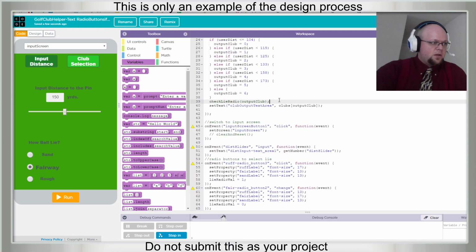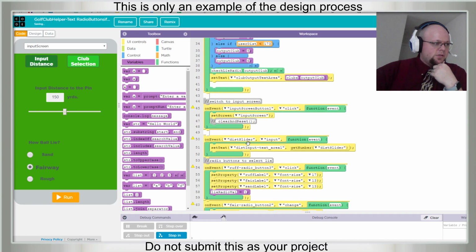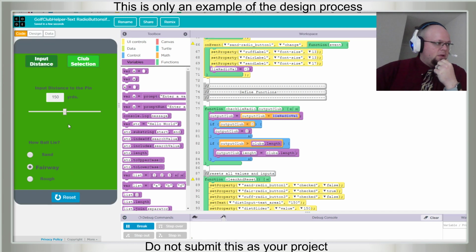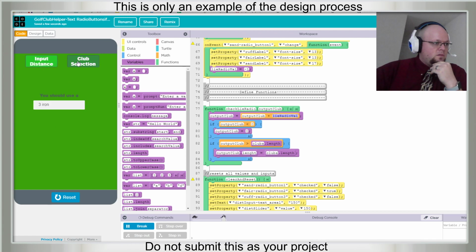We're going to invoke this function where we should add 1 to the maximum and it should break. So I'll make it the maximum. In fairway, shouldn't change anything. Still a 3 iron. And if we make it rough, still a 3 iron.